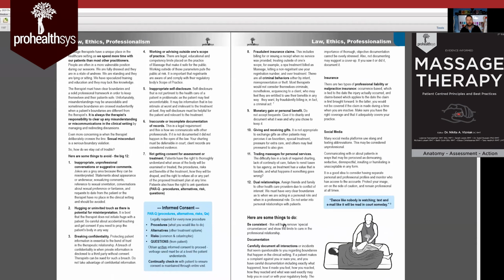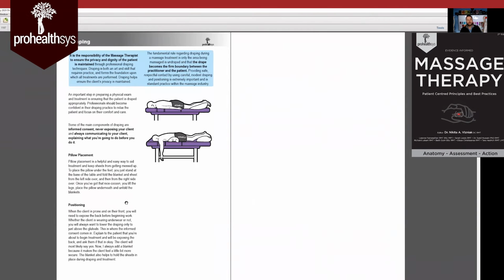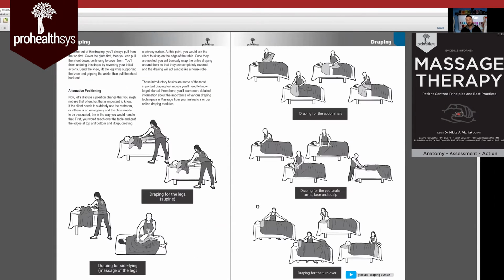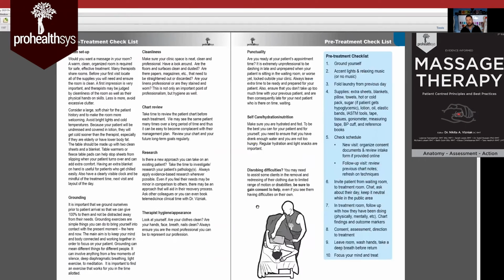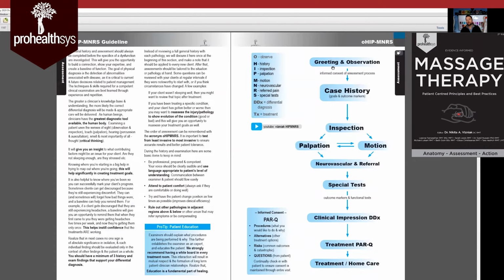Proximity and all of this, common errors that people make. Then we go into massage hygiene, informed consent. Informed consent is like again and again and again. And it's all part of that communication picture that you want to have for patients, right? All the draping stuff, patient contacts. And then the assessment, we follow our basic OHIP protocol that we go through all of the processes. So all the conditions are laid out the same way, looking at greeting and observation, informed consent, going through your history,